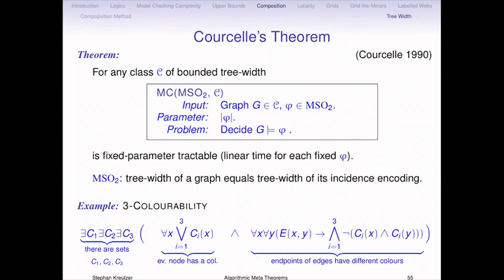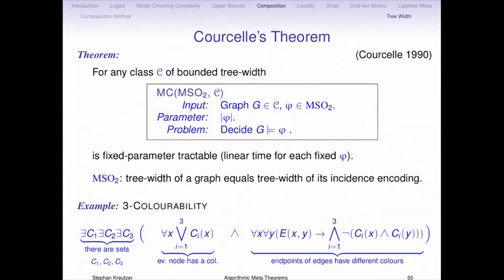And these graphs actually appear in practice quite a bit. It's surprising, it's a notion that comes from graph theory. It was discovered before, and it reappears in many different areas. In linguistics, there's a certain notion of path graphs, and some of them are nice, and there's a formalization of what it means to be nice, and this turns out to be treewidth. It reappears at various places. So it's not a very artificial class that has no appearance in practice. Whatever practice really means, because I know nothing about practice, and I don't even want to know anything about it. But people who actually work on this tell me that these are graphs which you have.